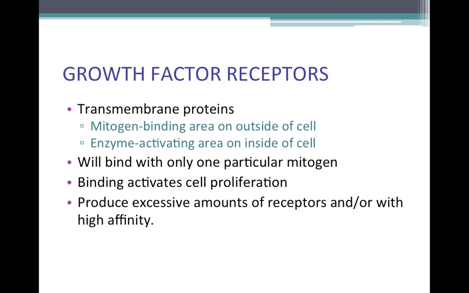Now, some of these receptors that respond to mitogens can be within the plasma membrane, or they could be inside the cell. They can activate enzymes that can cause the cells to divide. Now, once those mitogens bind to the receptors, they'll cause cells to proliferate or divide. And if you have excessive amounts of receptors or excessive amounts of mitogens, or basically growth factors, that can cause cells in a particular tissue to divide more rapidly. And that can cause basically tumorous growth, which could become benign or malignant.